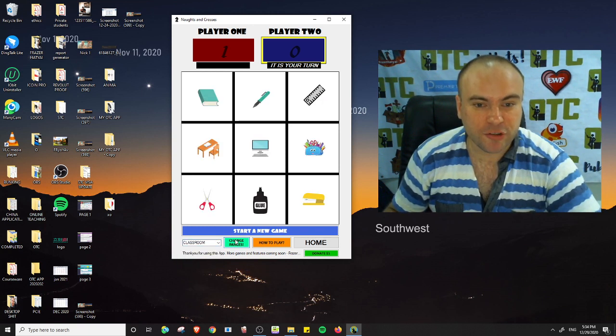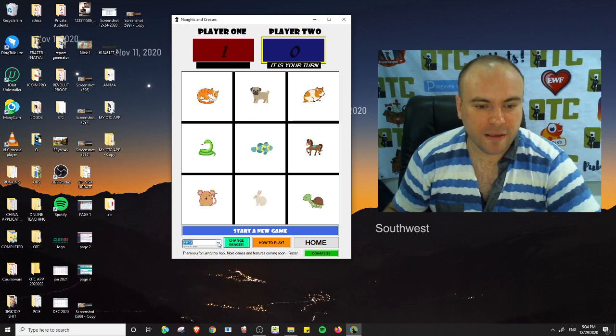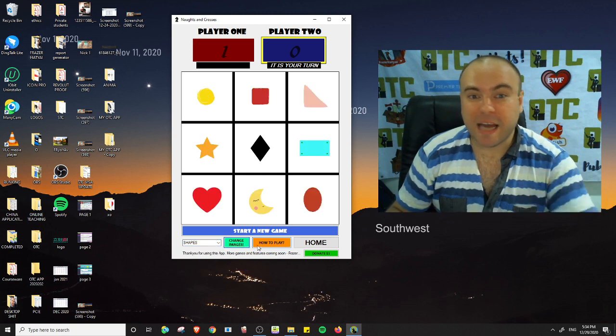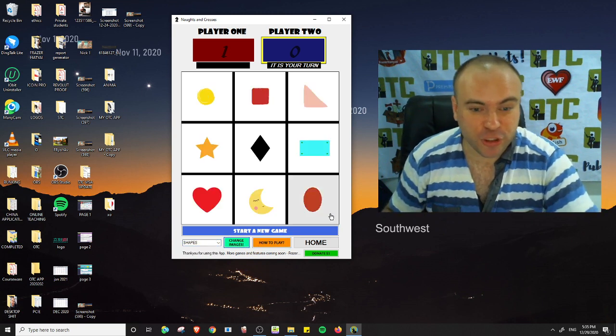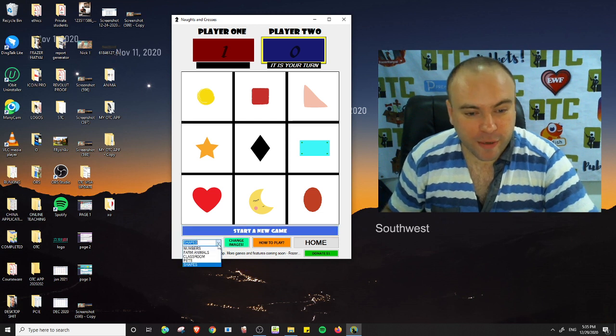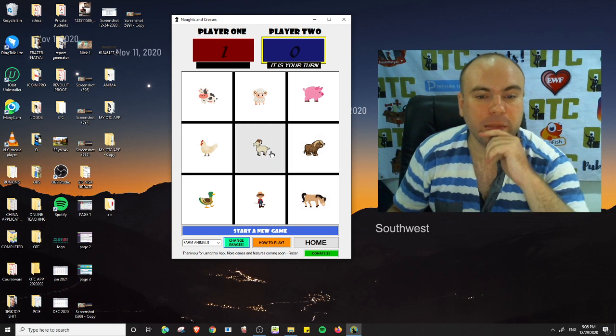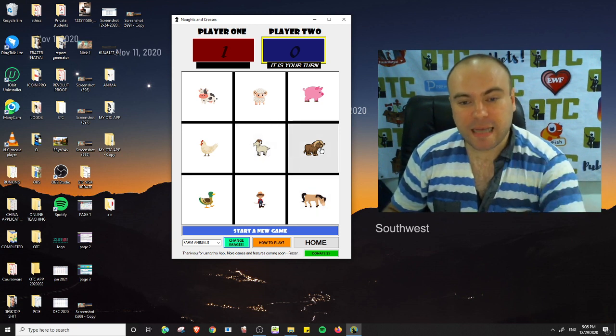So you can add classroom items, pets, numbers, and shapes at the moment. I'll add more if you guys like this feature. Another way you can expand and make this more complicated is to ask the student to tell you the habitat of the animal, or